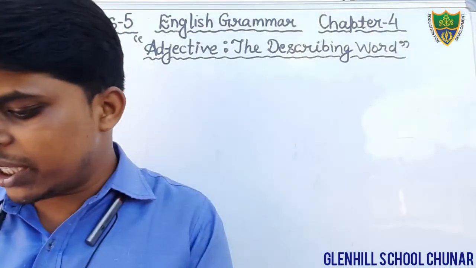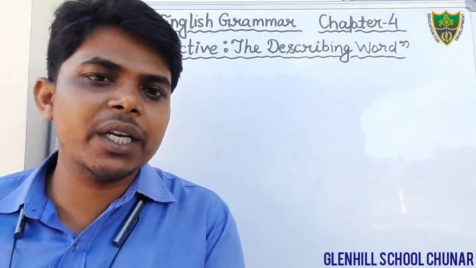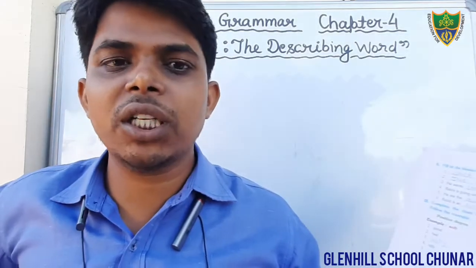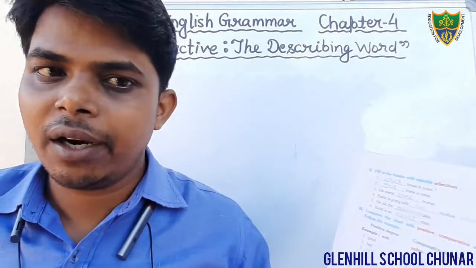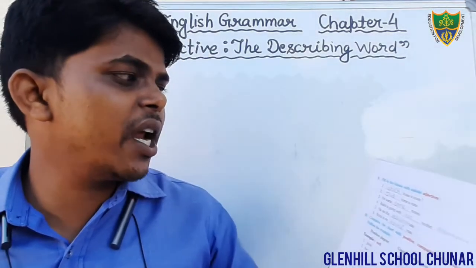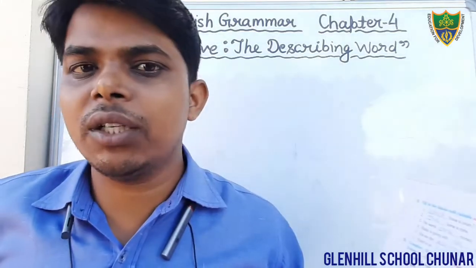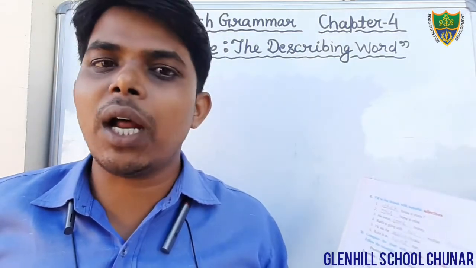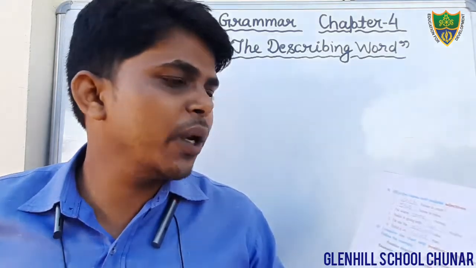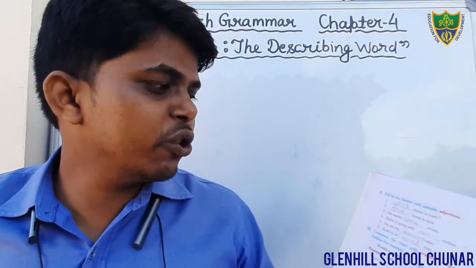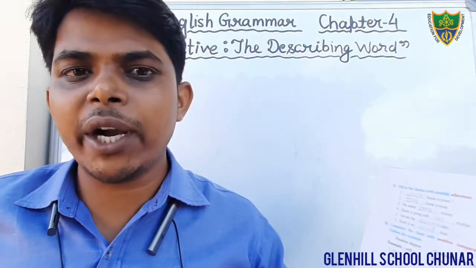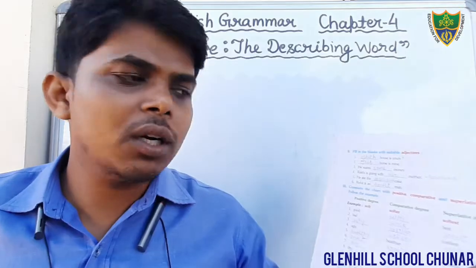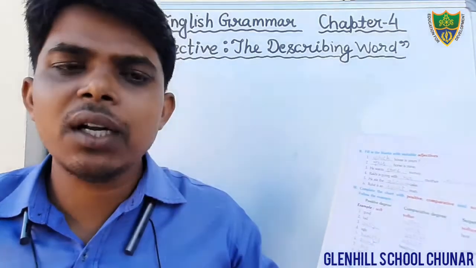Today we will discuss exercise number second, which is given at page number 20. So students, just open page number 20 of your English grammar book, exercise number second. And what is there in exercise number second? Fill in the blanks with the suitable adjective. Here in the blank you have to fill the suitable adjective. Okay, that is filling the blanks. Just open page number 20 of your English grammar book and take out the pencil. Now we will do exercise number second.